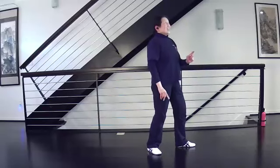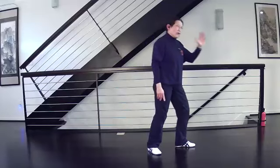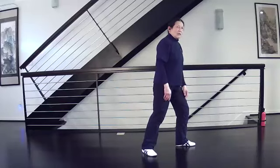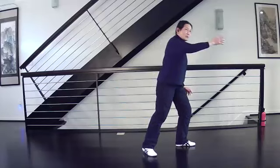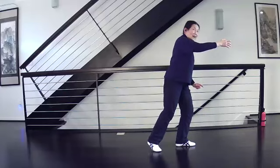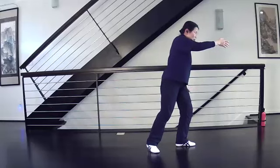Now, the thing is, you only have 30% in the front. Okay, so you don't want to have your body too far forward. What I mean is this. When I'm in a bow stance, I have 60 in the front and 40 in the back. When I yield forward, I'm actually putting much more weight in the front because I'm releasing the back, right? And in fact, it's empty at one point when I'm pulling in. There is a point when all the weight is in the front as I am pulling in, right? And then as I push off the front,